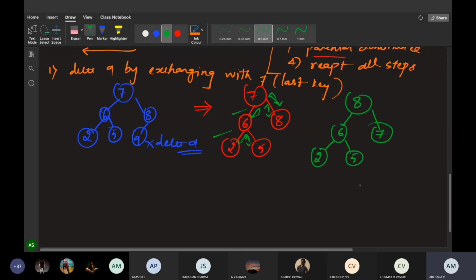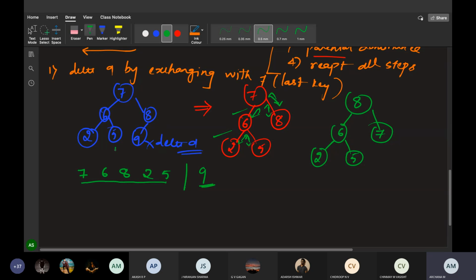So here what you have to do, you have to write the elements over here. That is 7, 6, 8, 2, 5. I have deleted 9 from the list. You have to write this. This tree, whichever it was in the beginning, after exchanging the element, you have to write those elements in the form of an array.